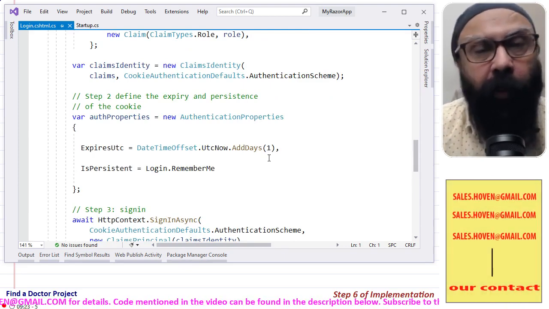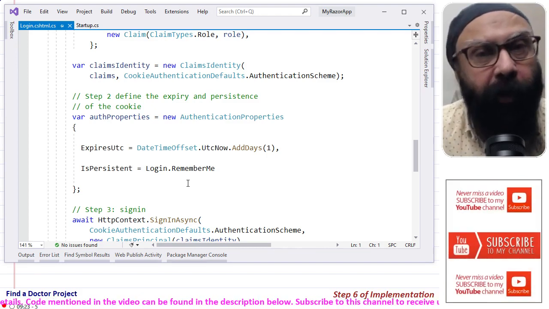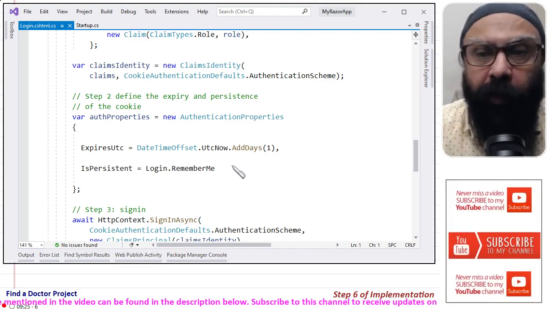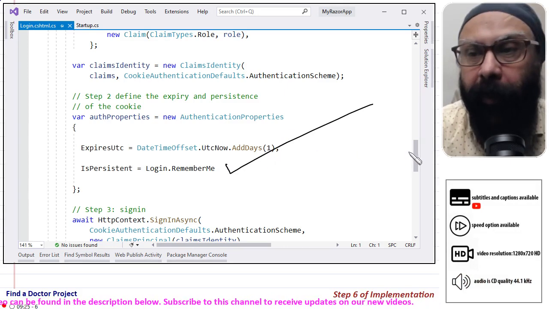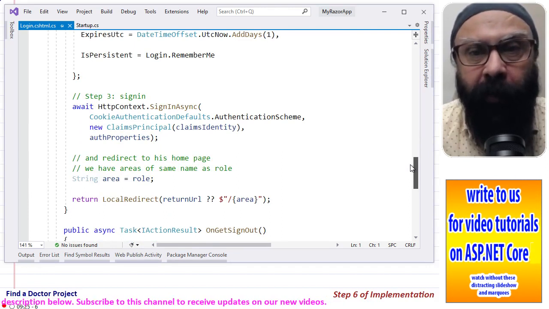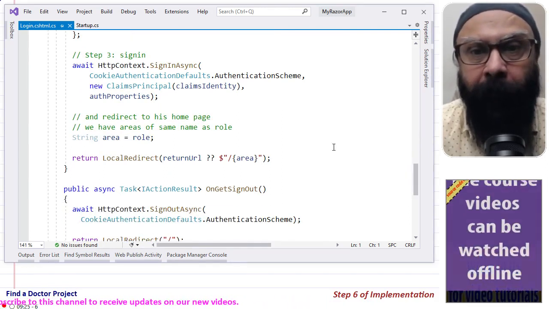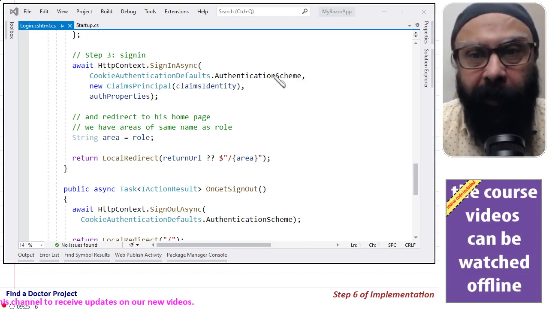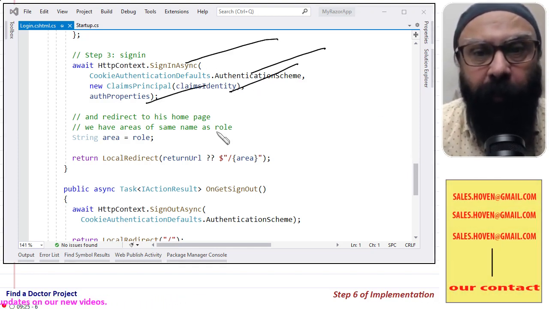You can set whatever fits your requirements. IsPersistent is login.RememberMe. So this is where the Remember Me checkbox will become functional, and you can download the project and check yourself that sign in actually works and Remember Me actually works. And this is the sign in process: authentication scheme, claims identity, properties.